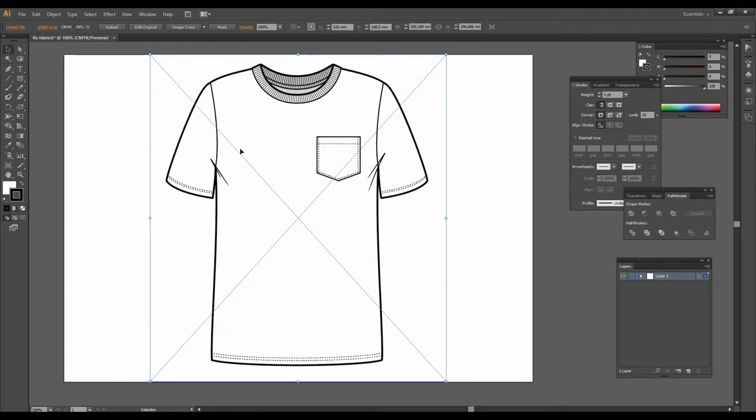First we learn how to copy this flat sketch so that the pen tool is clear in this class, and after that we can make any flat sketch according to the body.